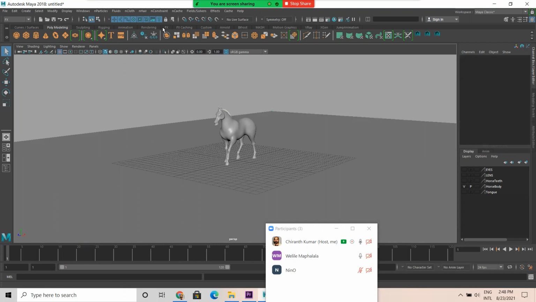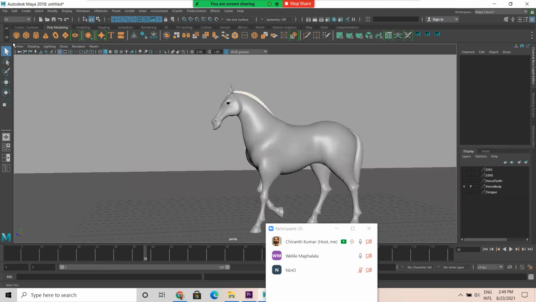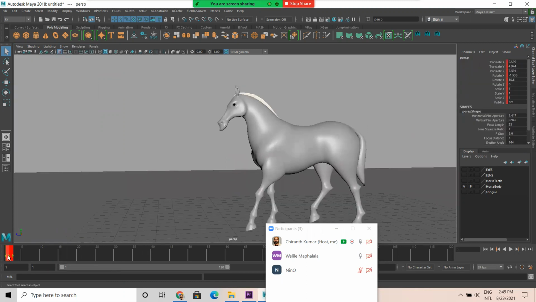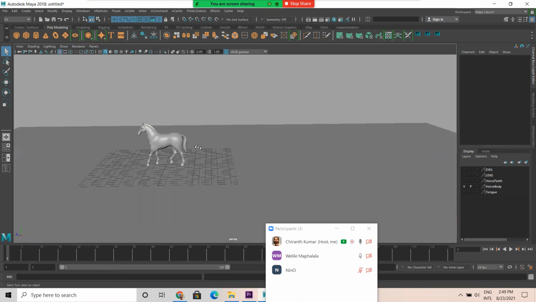I'll delete the emitter. So view, select camera, delete. Okay, we have a horse model here.